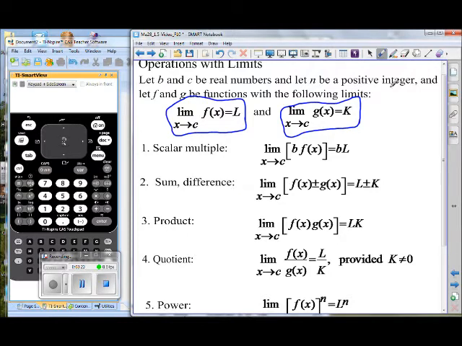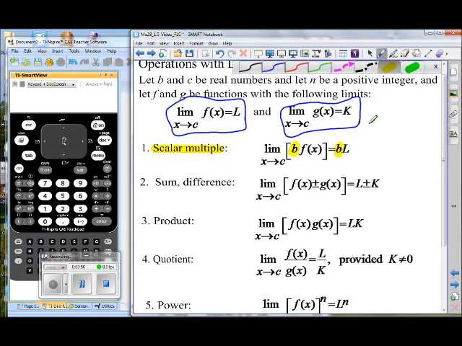One thing we need to talk about is this thing called a scalar. A scalar multiplier is this value b. A scalar multiplier is a factor that we multiply to something else. So we have here our function f of x, and we're saying that if we have some factor, some multiple of that function, and we know what the limit of that function is, then we also can just use the